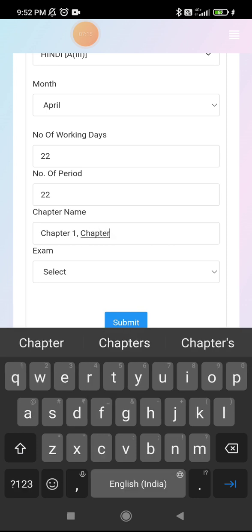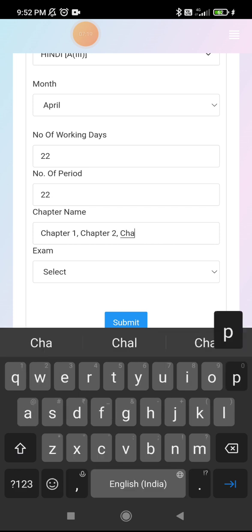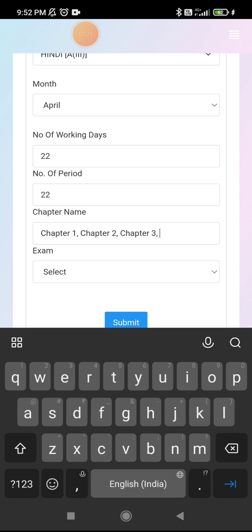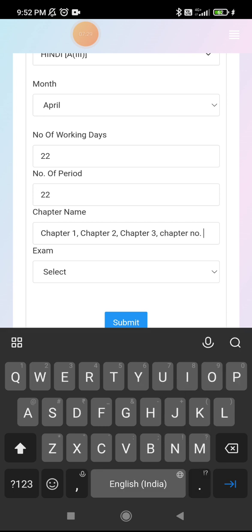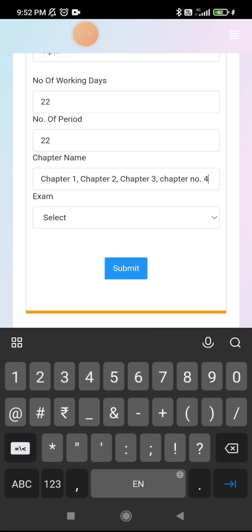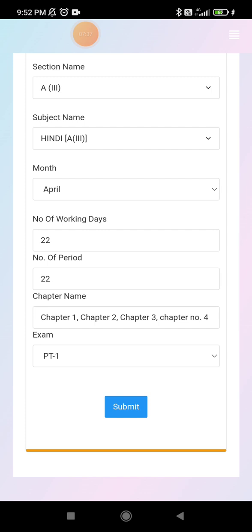Suppose I am filling like this. Then chapter number 3 and chapter number 4. These four chapters I am going to cover, and I just need to mention the particular exam, and this is all. We need to click on the submit button.